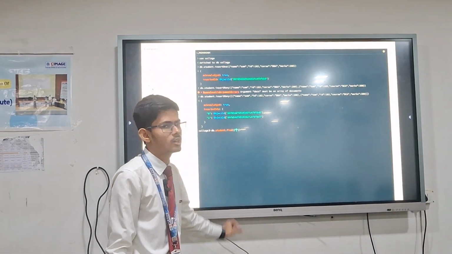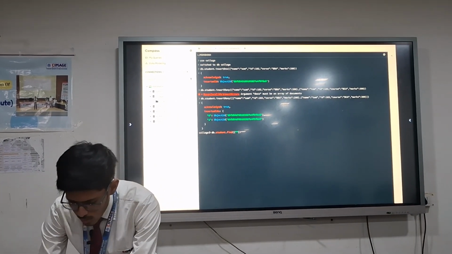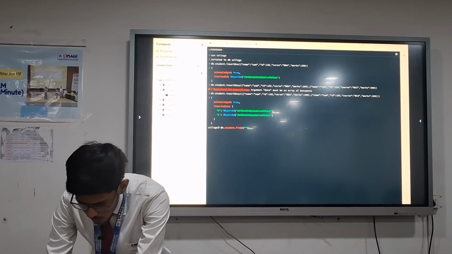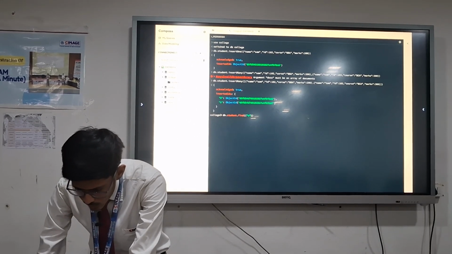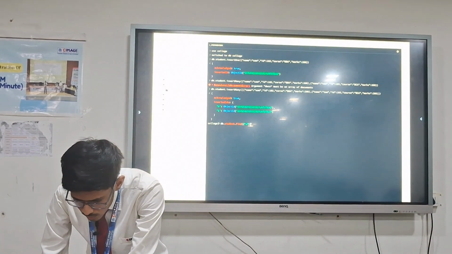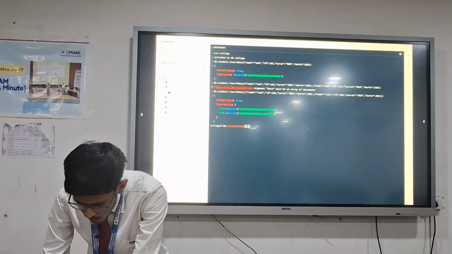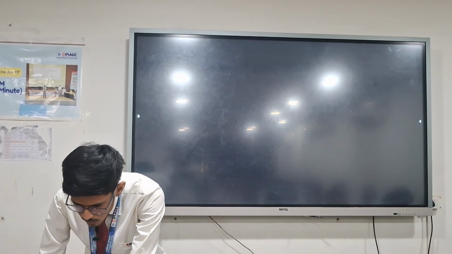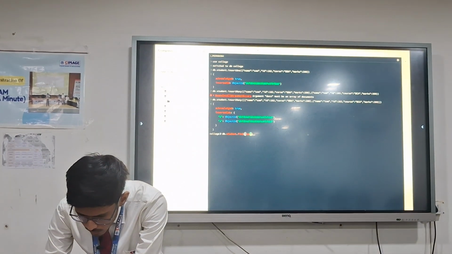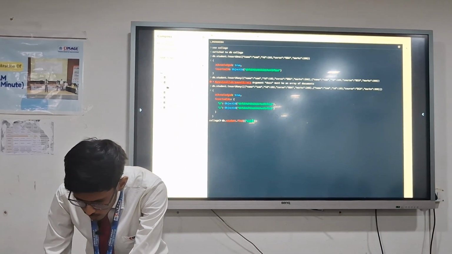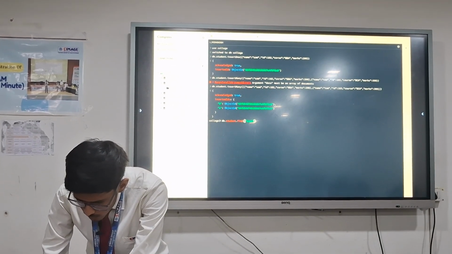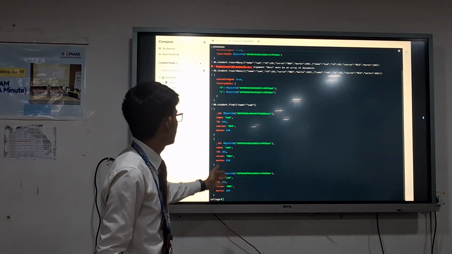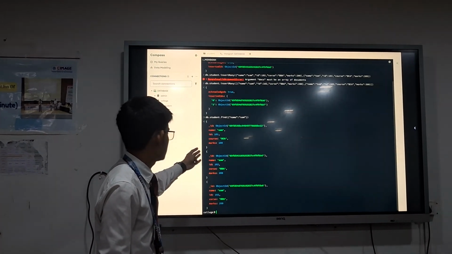So we can add a filter, just like we want to find students with the name Sam. So we write here name. We get all the students which have the name Sam.